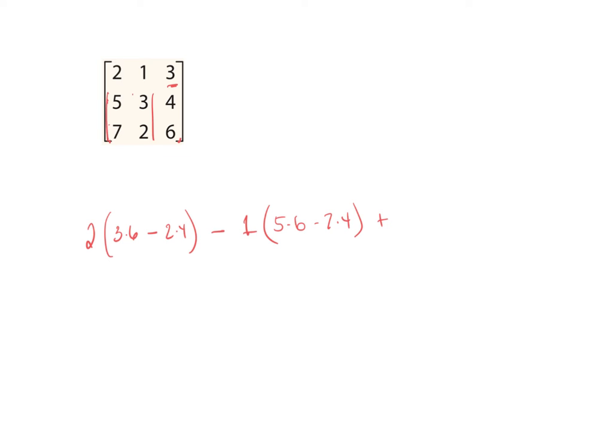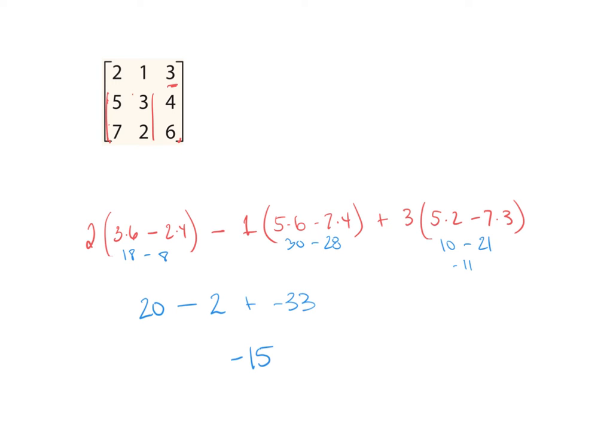3, and I'm going to use this 2x2. 5 times 2 minus 7 times 3. And then I just calculate. So I have 18 minus 8. 2 times 10 is 20. We have 30 minus 28 minus 2. Plus we have 10 minus 21, that's negative 11, so minus 33. Right. So I have 18 and negative 33, which gives me negative 15. So you can do 2x2s, or